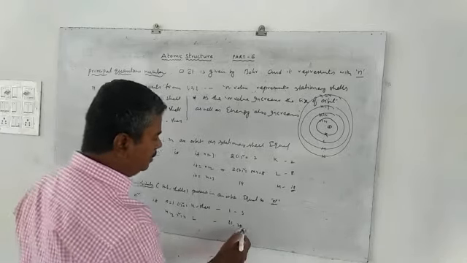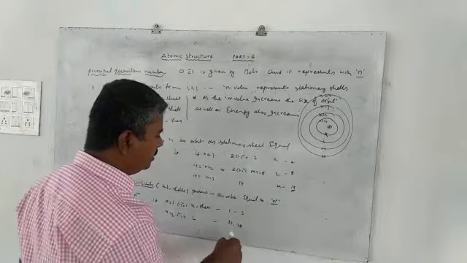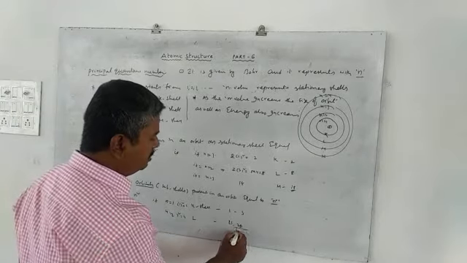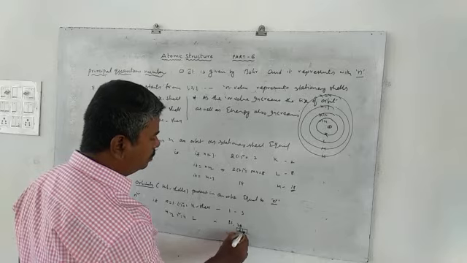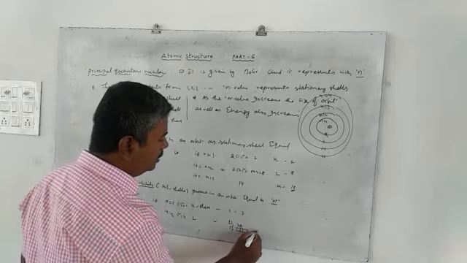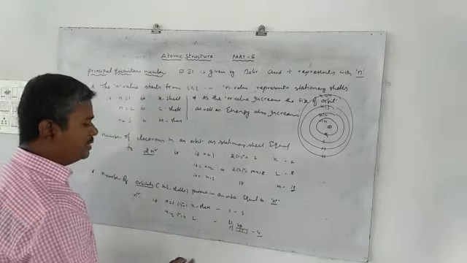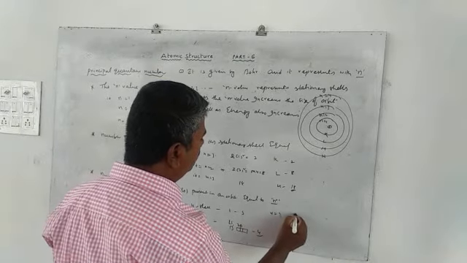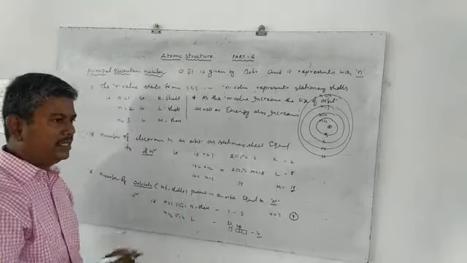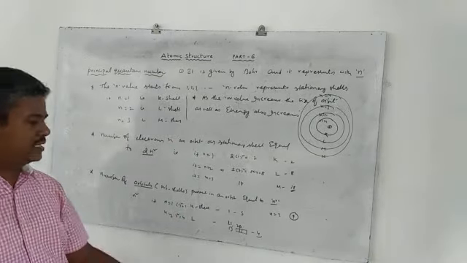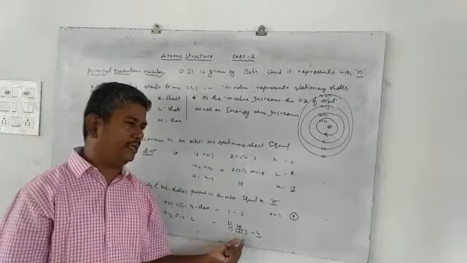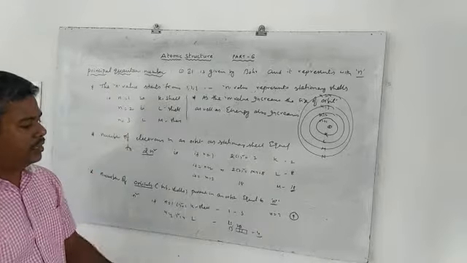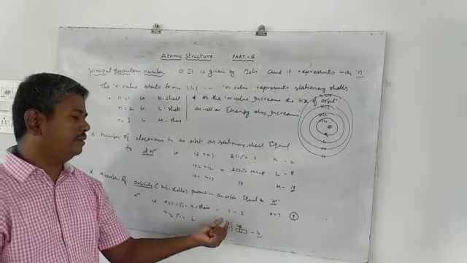Finally, this P consisting of 3 sub-energy levels are degenerate orbitals. That means the P consists of which one? 3. So 1, 2, 3 plus this one, totally how many? 4. As well as n equal to 3 means how many? 9 orbitals. That means S, P, D. S orbital consisting of 1 and P orbital consisting of 3. D orbital consisting of which one? 5. Okay, totally 5 plus 3, 8, 8 plus 1, 9.